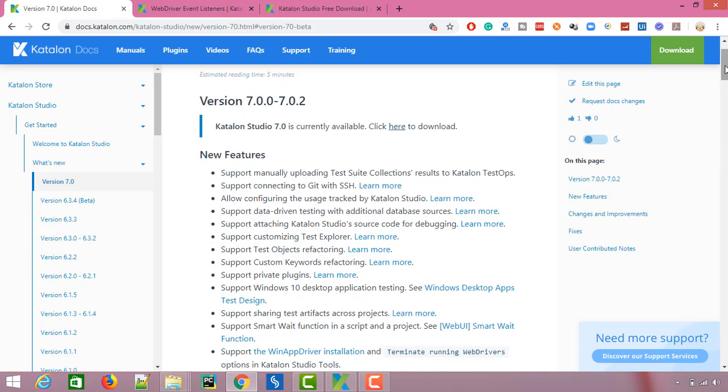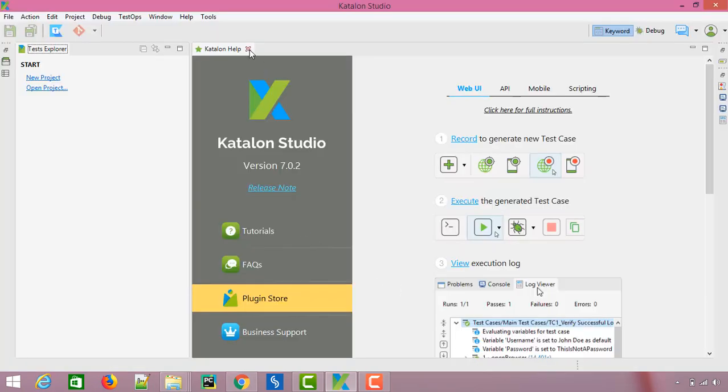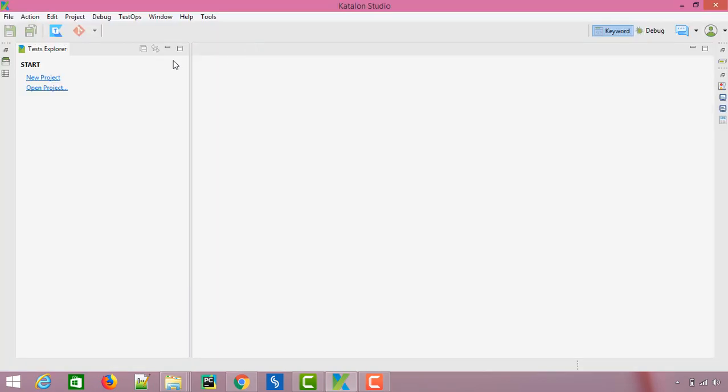Okay, so let me get started with the first feature called support for Windows 10 desktop automation testing. Till now Katalon was supporting almost every kind of automation. It was mobile, API, web, but only one feature was missing for a long time, called desktop automation. That is done now. So this makes Katalon a completely unique tool,